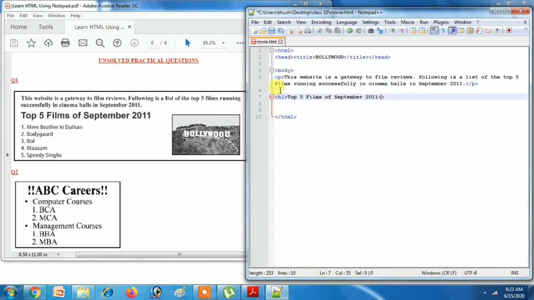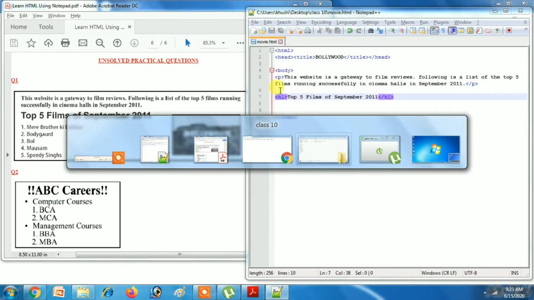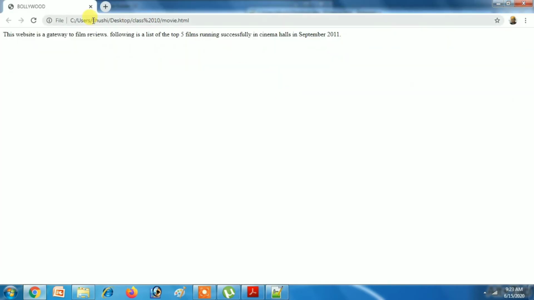H1 closed. Now let's see it in the web browser. This is it. Got it? Now I think it is the same as we want.